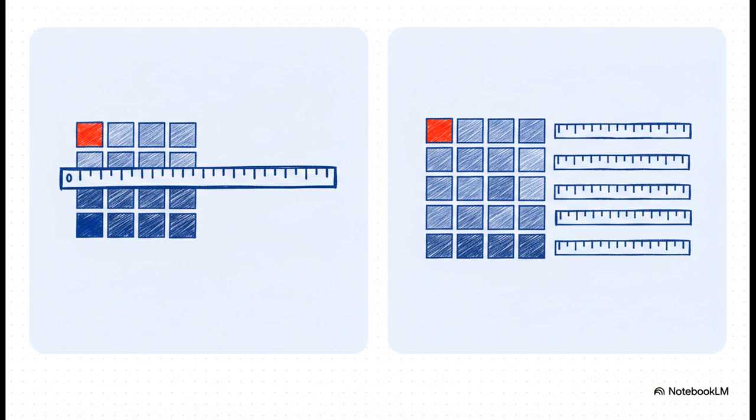So here's a perfect example of one of those thorny problems: per tensor versus per channel quantization. The simple, kind of lazy way is per tensor. You look at a whole grid of numbers, find the biggest and smallest, and create one size-fits-all scale. But what if one of those numbers is a massive outlier? Well, it completely warps the scale, and all the other, more subtle numbers get squished together, losing all their detail. The smarter, tailored approach is per channel. It gives each row its own custom scale. This does a much better job of preserving the important information, and that directly translates to better reasoning.